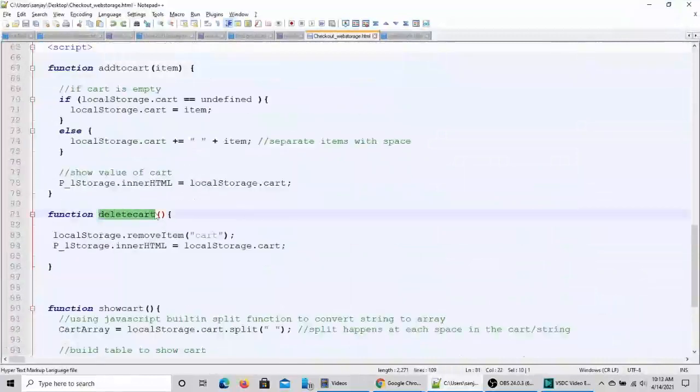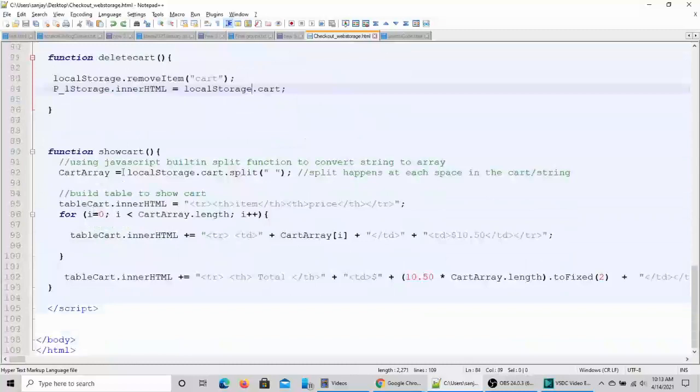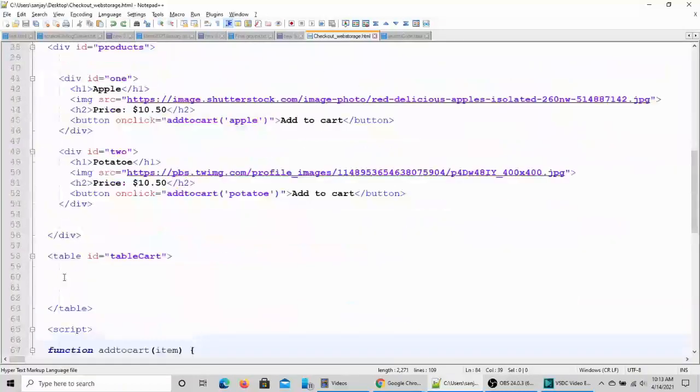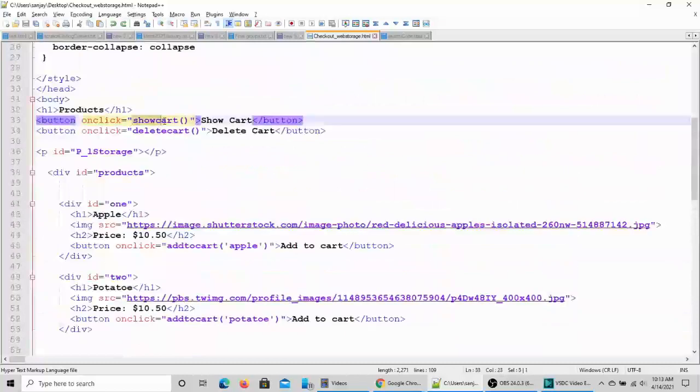We can delete the cart. This will remove all the items from the cart. We just use local storage remove item, the name of the local storage variable, which is cart, and then we just display the empty cart, which will show nothing. So the show cart, which we have an empty table here, and the show cart button here will